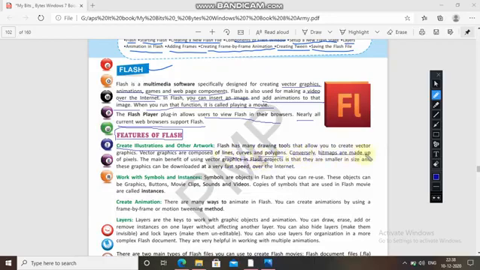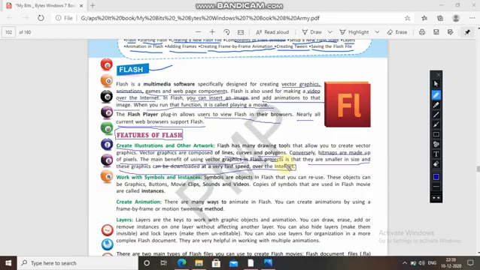Conversely, if you see, bitmaps are made up of pixels. The main benefit of using vector graphics in a Flash object or project is that they are smaller in size and these graphics can be downloaded at a very fast speed over the internet. So if you create a graphic, it will be easily and quickly downloaded from the internet. So that's why this is the feature of Flash which people were using. Now next,